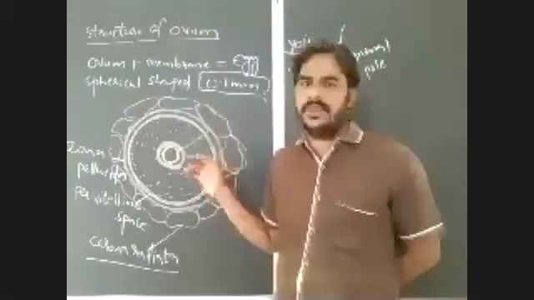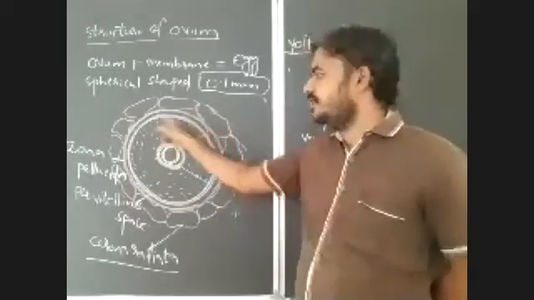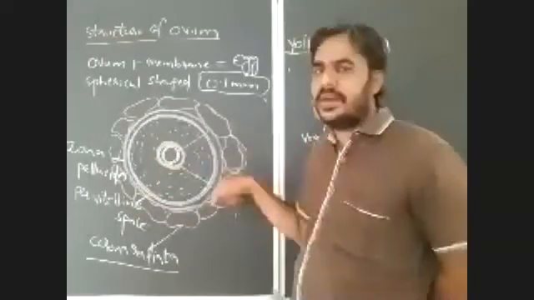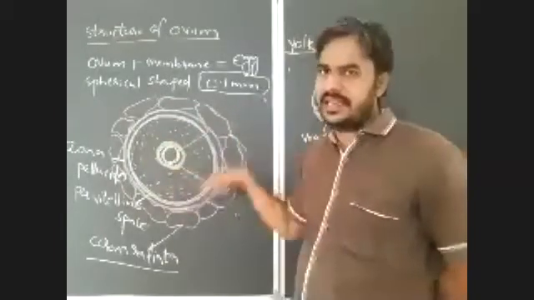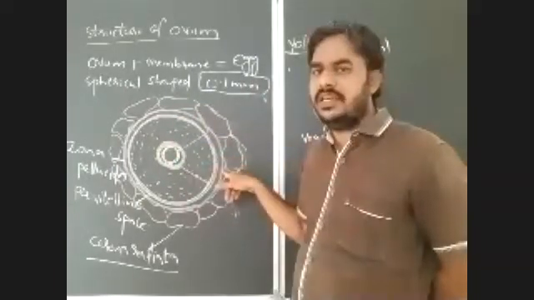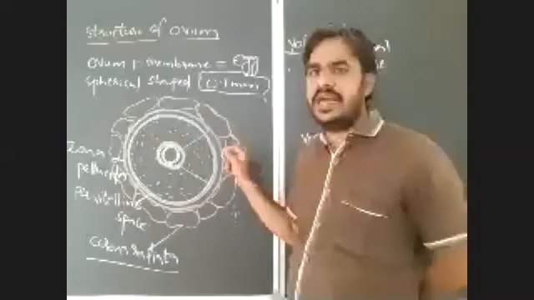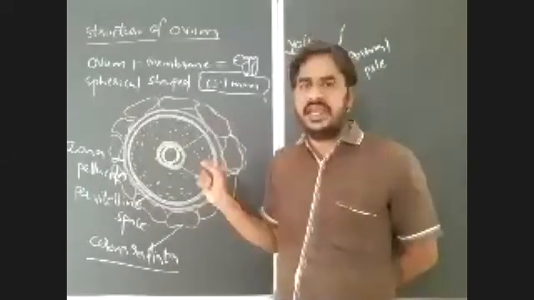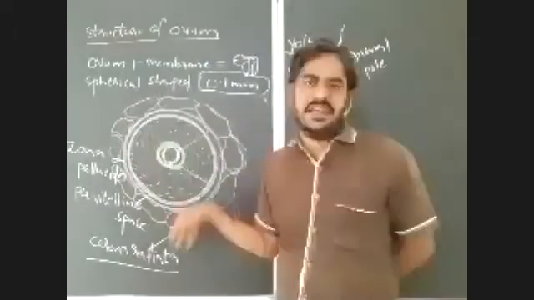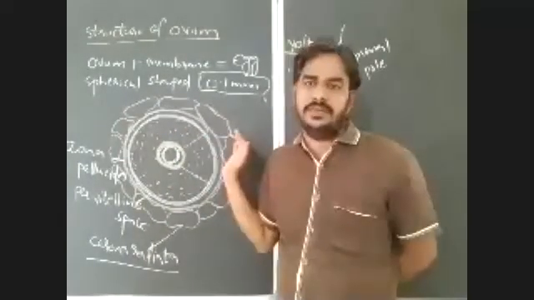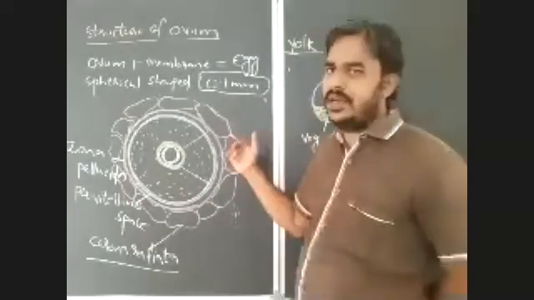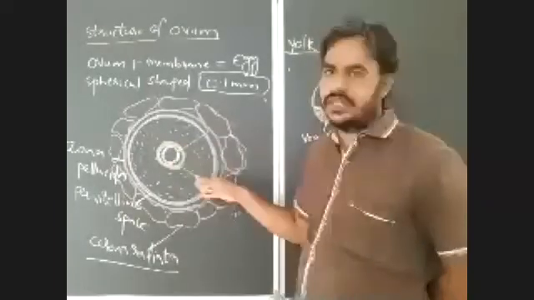In this, the Golgi body secretes a protective membrane outside the plasma membrane of the ovum. Around the egg, the Golgi body secretes a membrane which is known as the Vitelin membrane. In the human egg, the plasma membrane of the ovum and the Vitelin membrane are fused. So we can notice the Vitelin membrane only here. There is no chance of identifying the Vitelin membrane and plasma membrane separately. Here both are fused. That you have to remember.